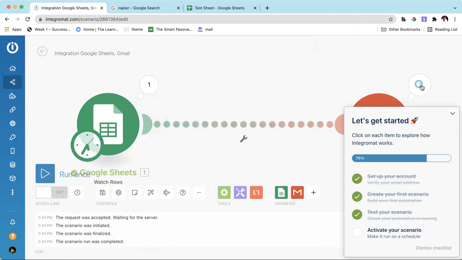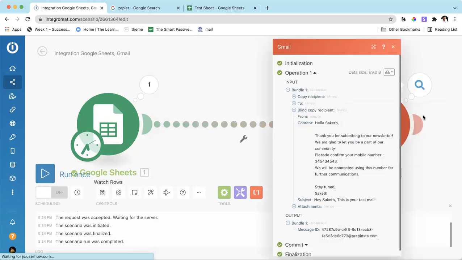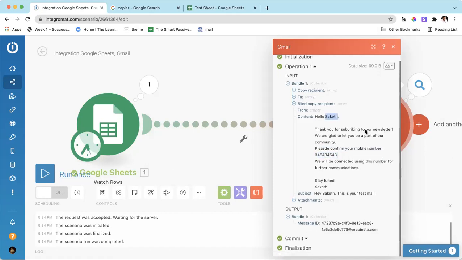Now this has been executed. Gmail has been executed and it has been sent to this mail ID. Okay, thank you for subscribing. Please confirm your mobile number. Mobile number has been picked, name has been picked, and the mail has been sent to that number.